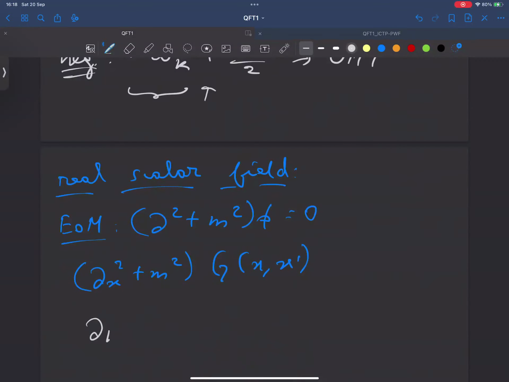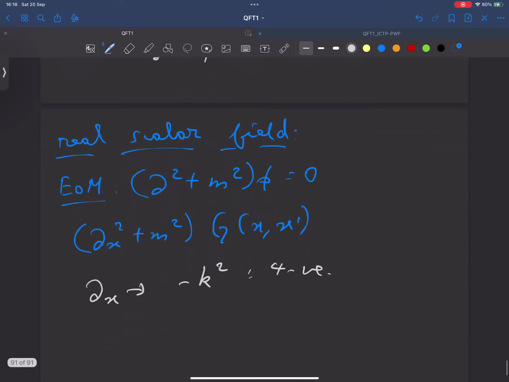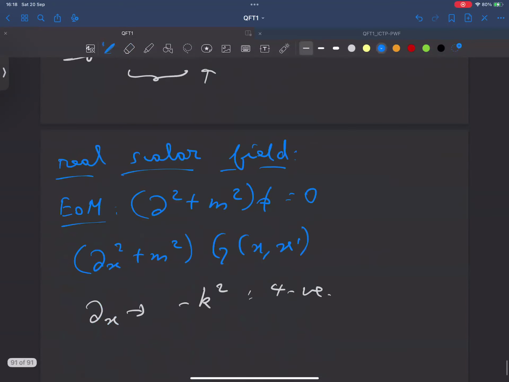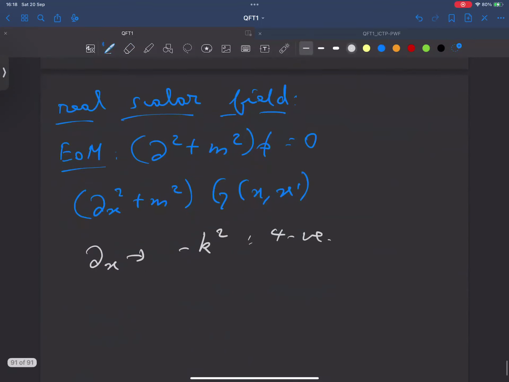When you act del x, you get a minus k square in the 4-vector notation, because this del square will bring minus ik twice, so you'll get a minus ik square. So if you do that, what you get is this quantity,